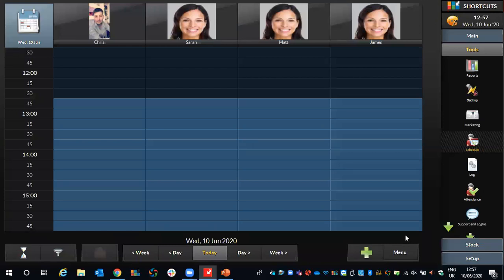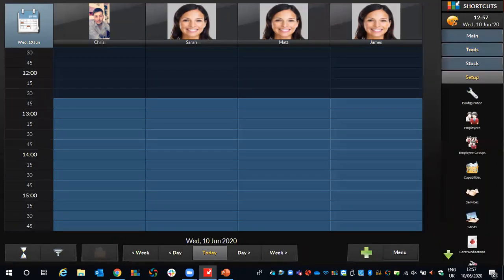Perfect. So the next thing and the last thing this afternoon, ladies and gents, is to show you how to clock on and clock off. Now, first and foremost, you will need to set it up so your staff members do clock on. And to do this, you will need in your security level of your PIN, you will need access to setup and configuration. So if we click on the setup button just here,